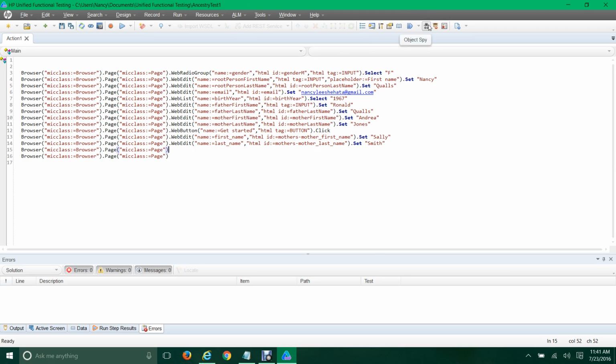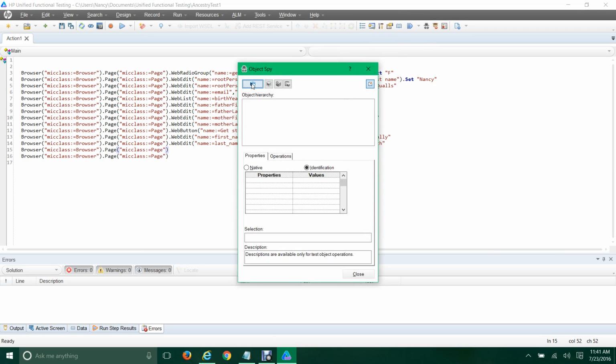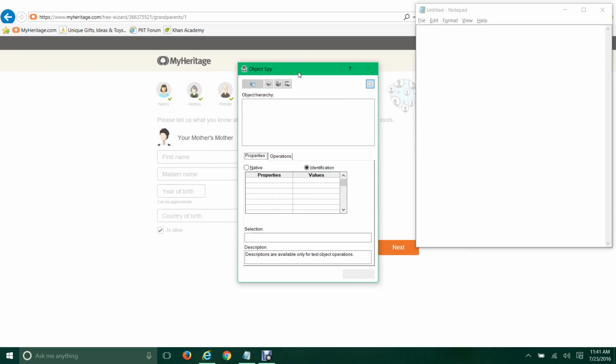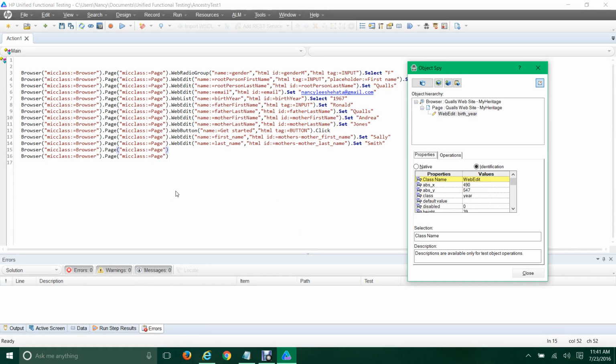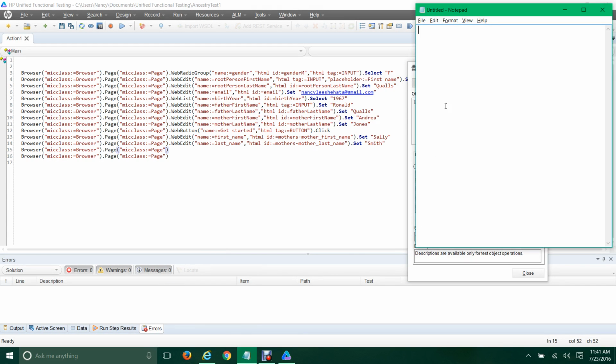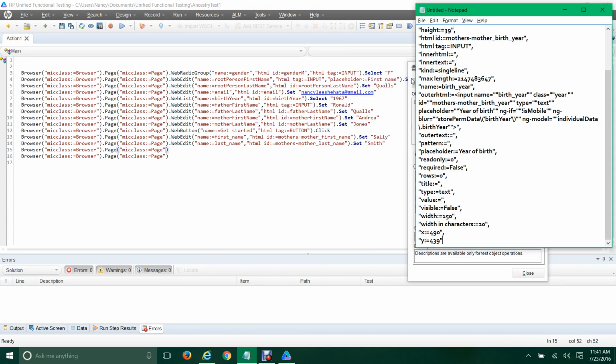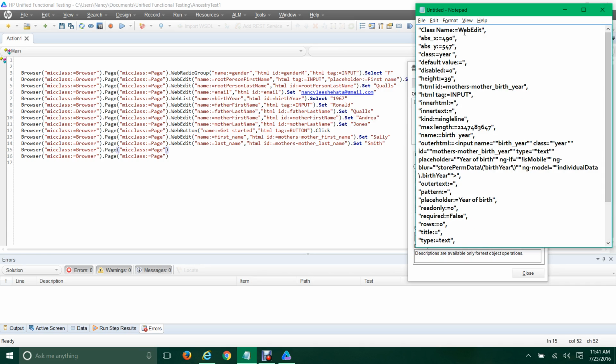Object Spy. Hold down the control key. Move this out of the way. Year of birth. There we go. Birth year. Okay, I know I got it. Copy. Paste. Alright, now mother's birth year. Okay, now I know I got it. And this one,